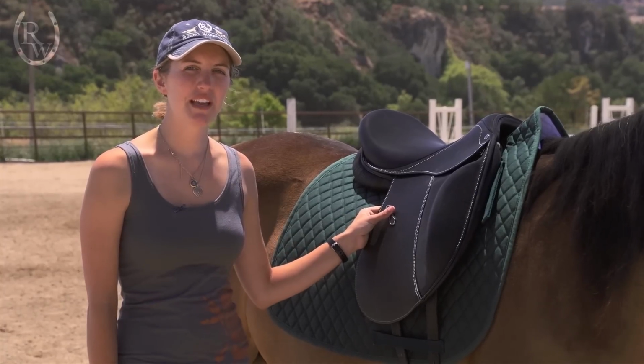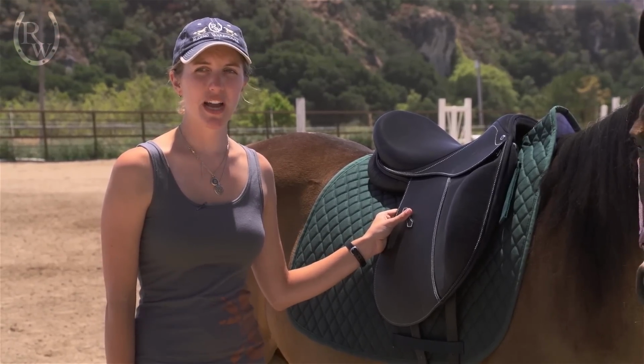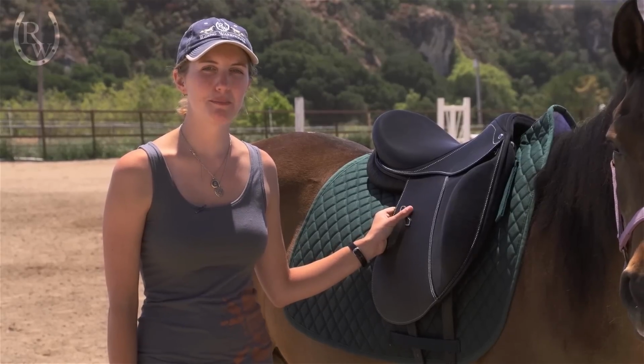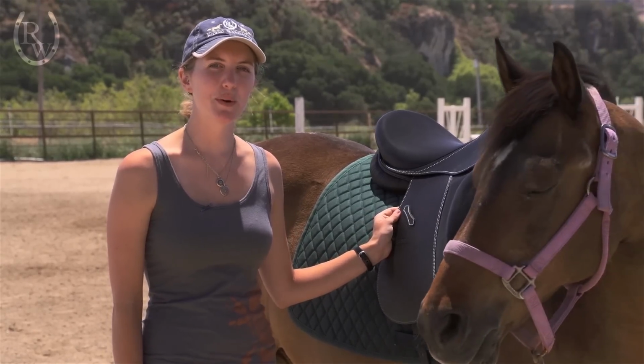A good rule of thumb, if you're moving between an English or a dressage girth, is to add or subtract about 20 inches to get the measurement that you'll need. This is great if you don't have your saddle available or your horse to measure. So if Gambler wore a size 48-inch English girth, we'd probably want him in about a